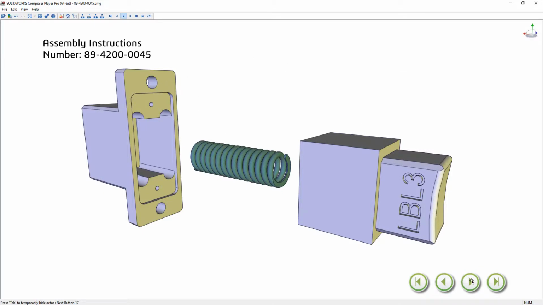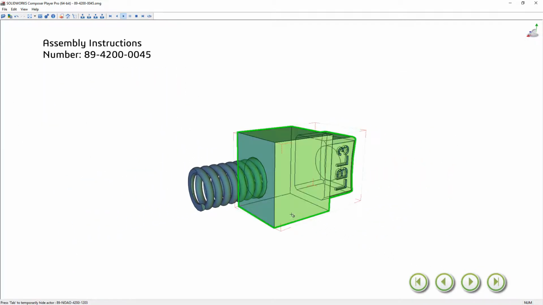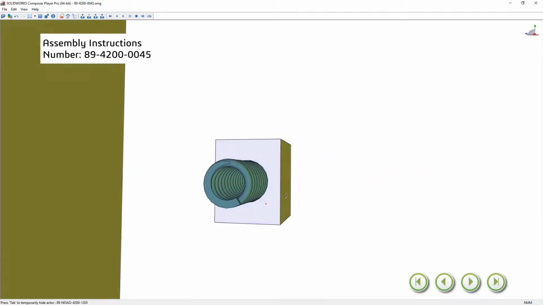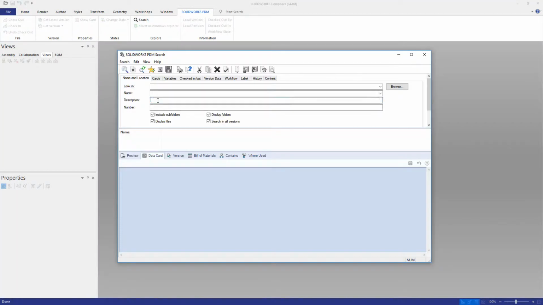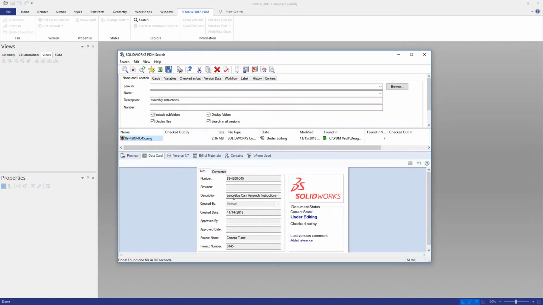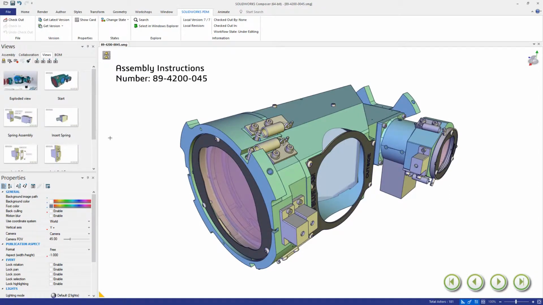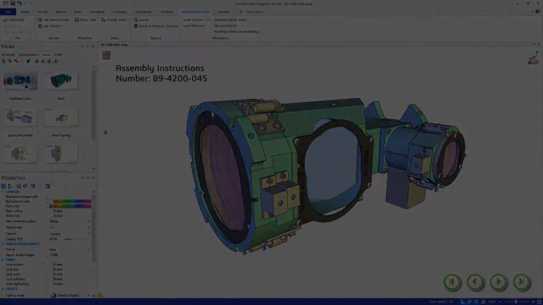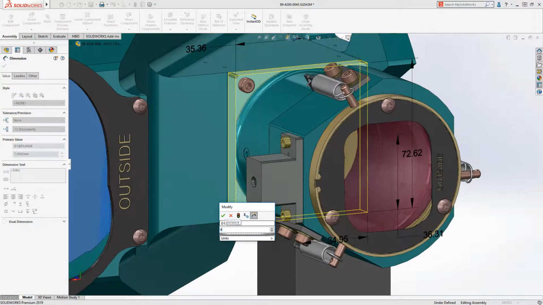SolidWorks Composer enables you to go to market faster while creating a more engaging experience for manufacturing operations. This process is further streamlined when your technical communication projects are managed with SolidWorks PDM, enabling you to work anytime and anywhere, providing release and change automation, and ensuring you're working with the latest version of the design data and